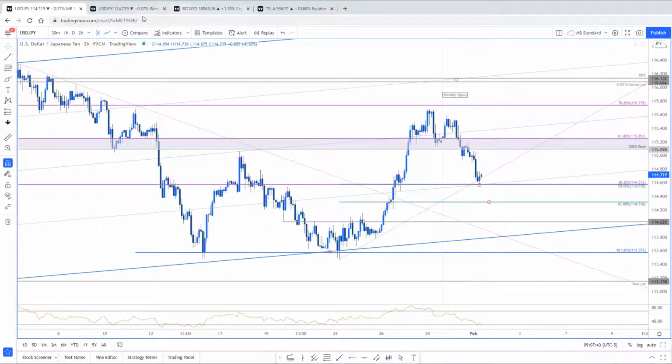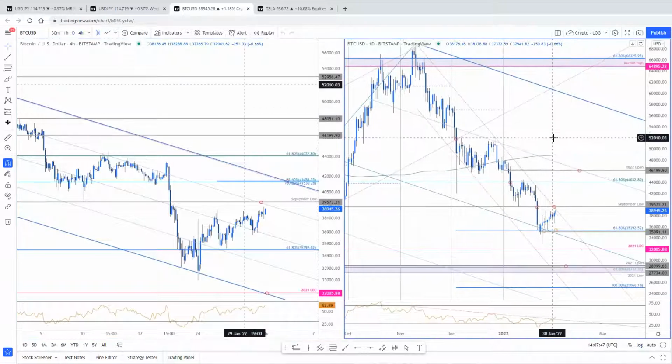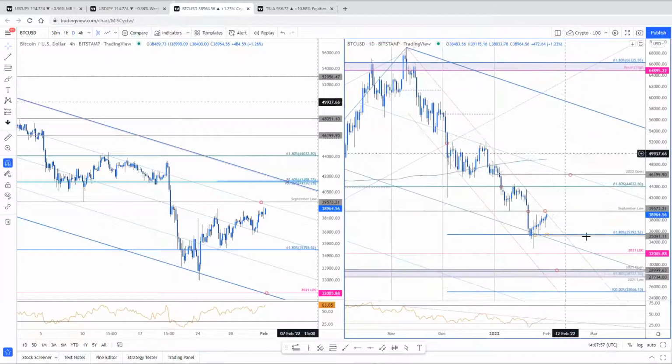Last but not least, just a quick look. Where would we be if we don't talk about Bitcoin? I actually have an interview with Kitco later today at 10 o'clock. They're asking about my take on Bitcoin. Look, the interesting thing is the rebound off of key support that we were looking at.